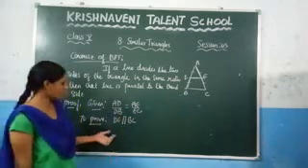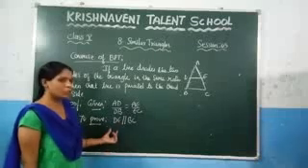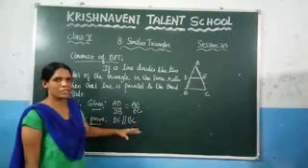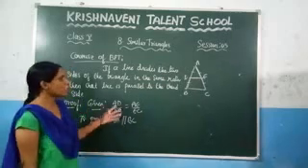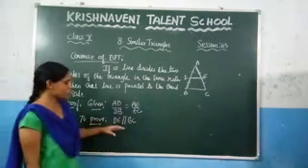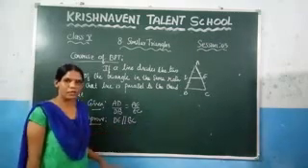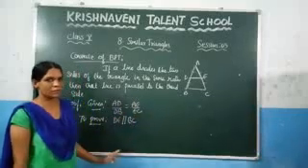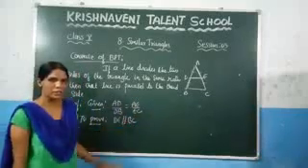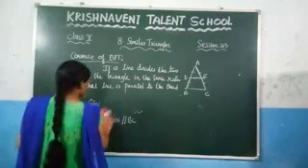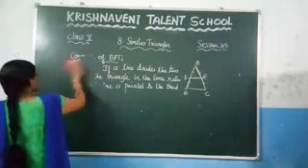Here, we need to prove DE is parallel to BC. So let us assume that DE is not parallel to BC, because we are going to prove this theorem by using the contradiction method. After doing all the process, you will get some false statement. Then we can say that DE is parallel to BC. Like this, you need to prove now. Now, I am writing this statement to prove this theorem.